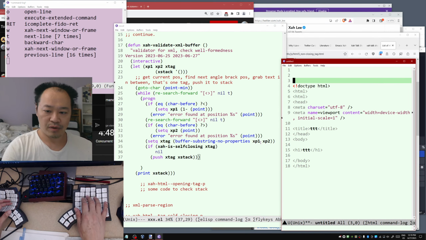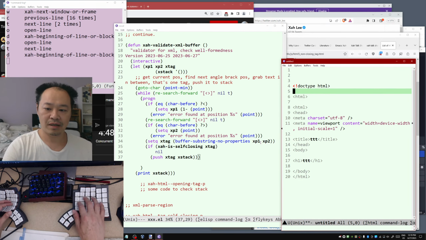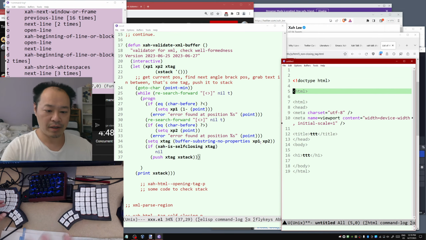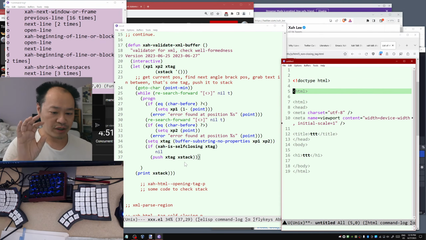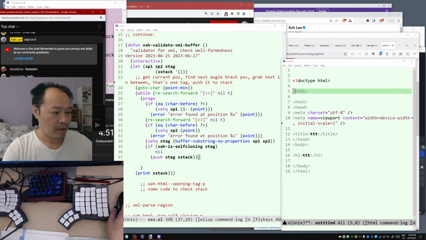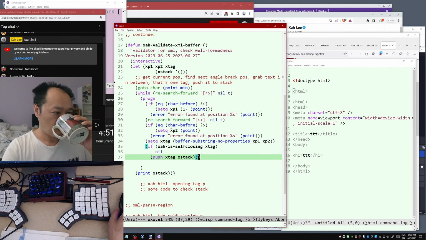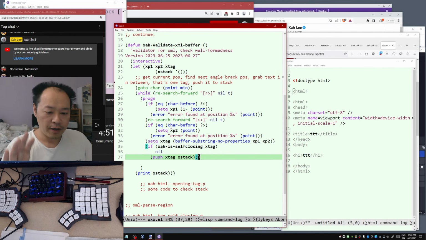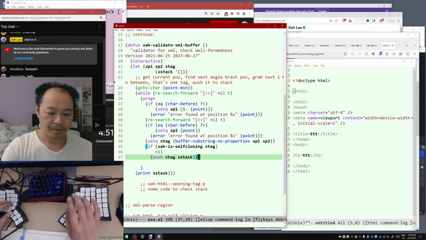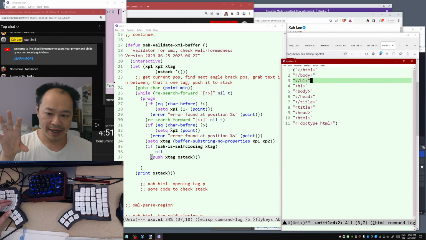So now undo to remove the duplicate. Well, let's leave the duplicate HTML there. So today we are going to check the stack. So we pushed a lot of things to the stack yesterday,